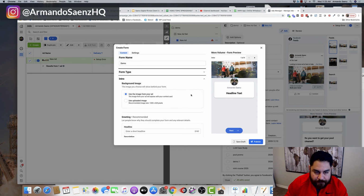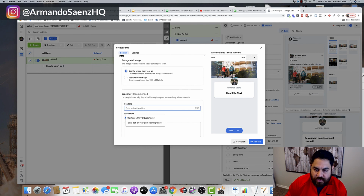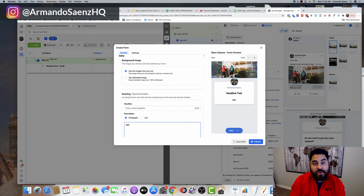Now, on the intro, this is where this headline is right here. This is actually the image. What I would recommend is leave the image that you have on your ad for consistency. Don't try to change that. This greeting is the headline here. You can choose a headline here, or you can add more text in here. Basically, what you want to do in this section is tell people what they're going to get. You just want to say, hey, thank you for your interest. We're going to give you a quote in 15 minutes or 20 minutes or whatever. Here's a little bit more about what you're going to get when you give us your information. Okay,